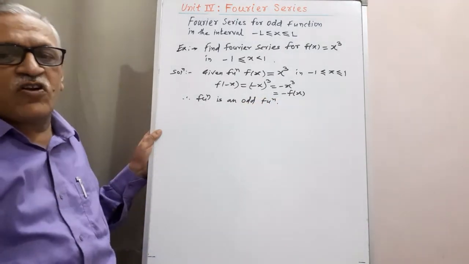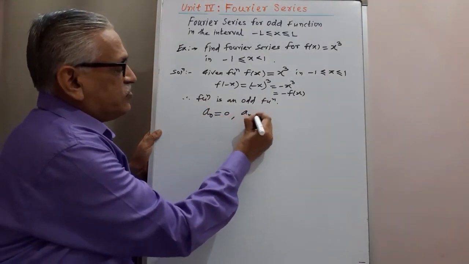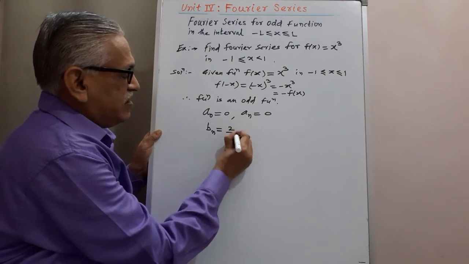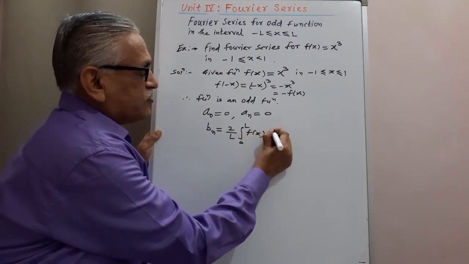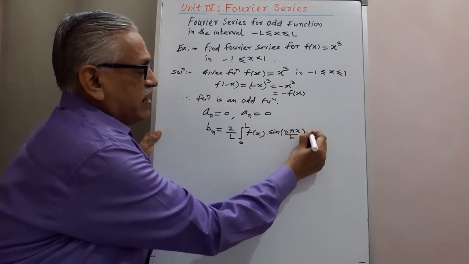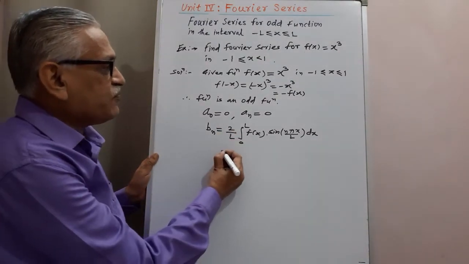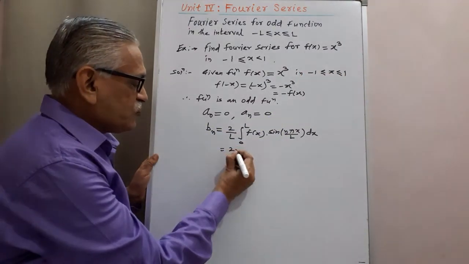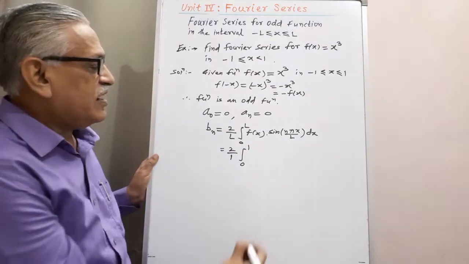And as it is an odd function, Fourier coefficient a0 is 0, an is 0, and bn is given by 2 by L integral from 0 to L f of x into sine of n pi x by L and its integration with respect to x. Substitute the value of L as 1, as the interval is -L to plus L, therefore L becomes 1. Therefore it is 2 by 1 integral from 0 to 1, f of x is x cube